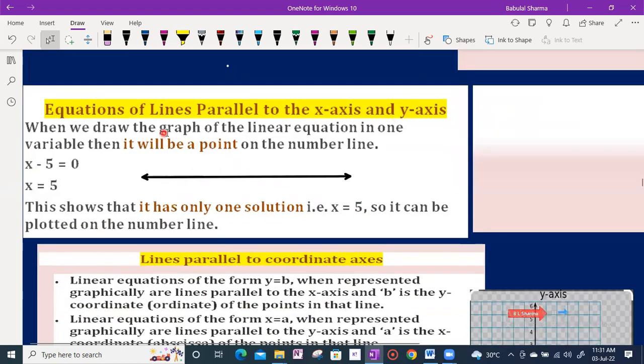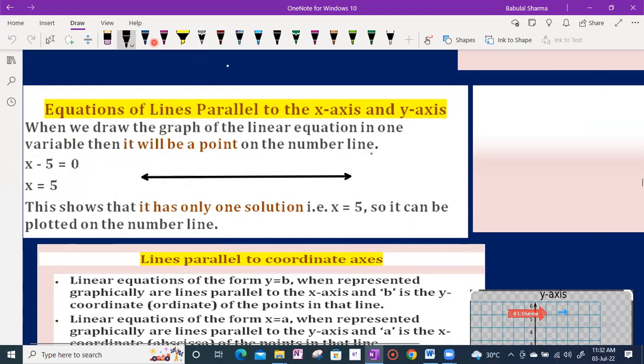And then equations of lines parallel to the x-axis and y-axis. कोई भी लाइन जो x-axis से कब पैरेलल होगा और y-axis के कब पैरेलल होगा देखिएगा. यहाँ पे केवल एक ही वेरिएबल है, x minus 5 is equal to 0. पहले तो हम ये डिसाइड करना पड़ेगा कि हम x minus 5 is equal to 0 वन वेरिएबल ले रहे हैं कि टू वेरिएबल ले रहे हैं. अगर हम इसको केवल वन वेरिएबल लेंगे तो इसका केवल एक ही सॉल्यूशन होगा